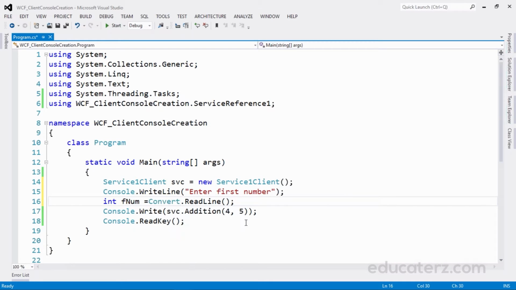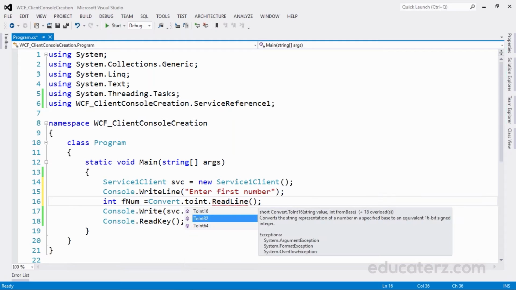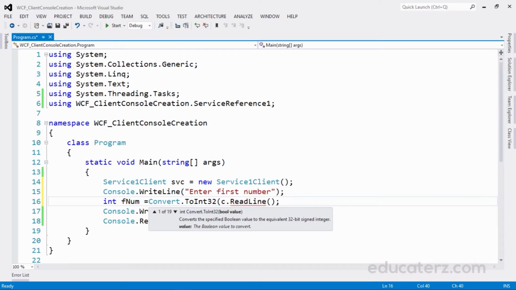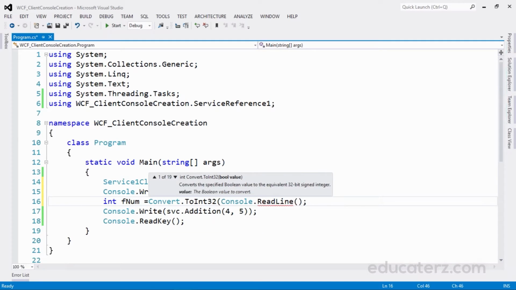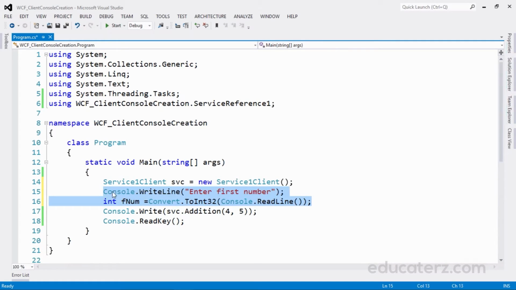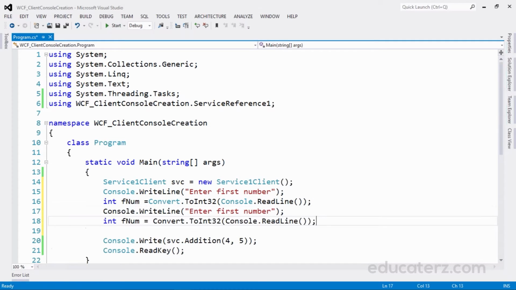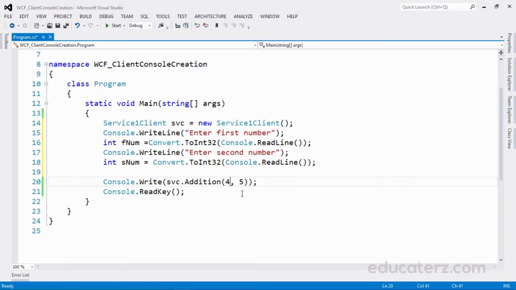Convert dot ToInt32, console.readline. Now in the same manner, let me do it for the second number also. Please enter second number. Now we can pass here